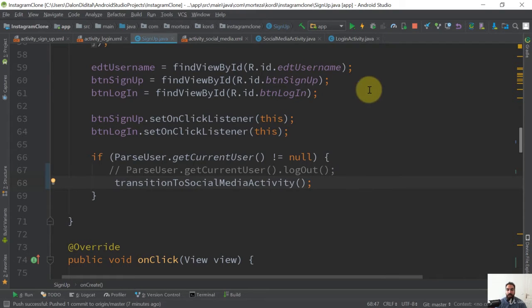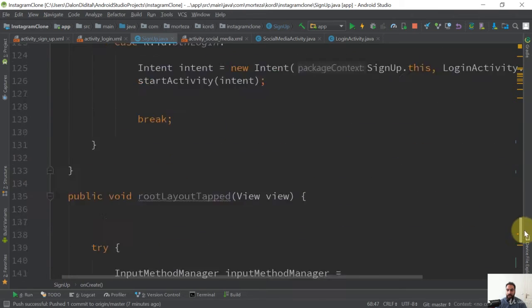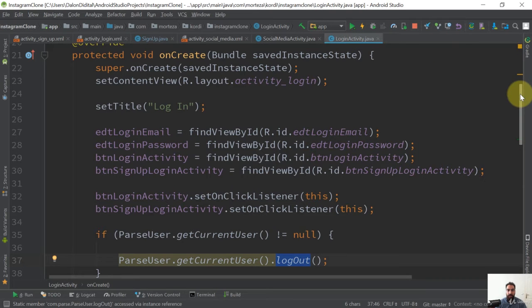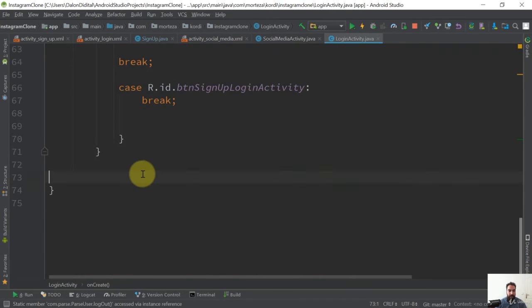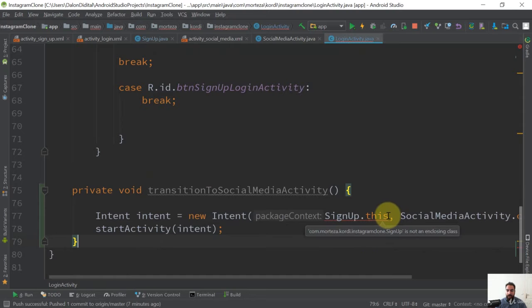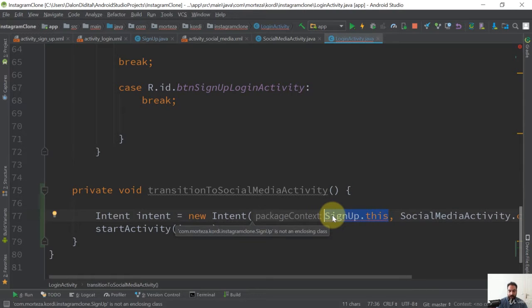And also inside the login activity. So let's go ahead and let me just copy this line of this method and let's go inside the login activity class. And let's paste it here inside the curly braces of this class. And it says we need to import the intent. I'm just gonna click on OK. And instead of sign up.this, we need to pass login